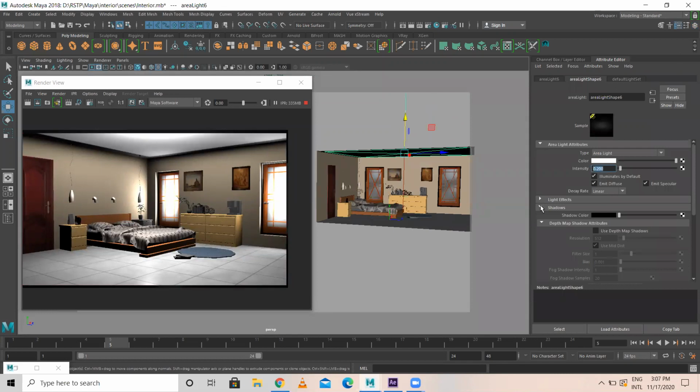Okay, 0.1. So it is looking like this. So you can move this somewhat down. Okay, let it be over here only. 0.05. If it is visible, that's enough. So like that.